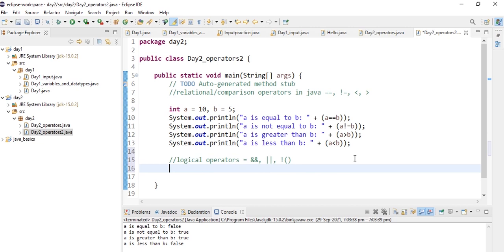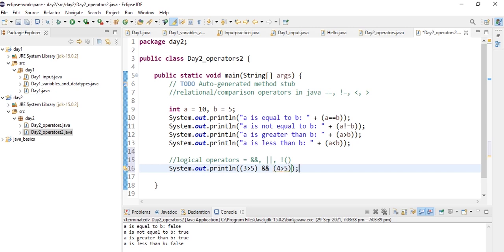So now let's discuss the usage of the logical AND operator. Here we are not declaring any variables, we are just printing this, and we are comparing 3 greater than 5, using logical AND, 4 greater than 5.